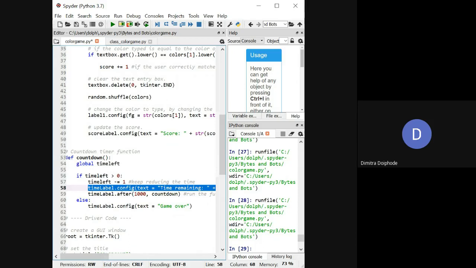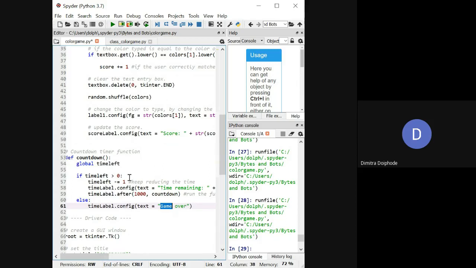We don't need to have that in this one. Yeah, and then you can delete the extra parentheses and the plus sign. Okay. And then instead of time remaining,